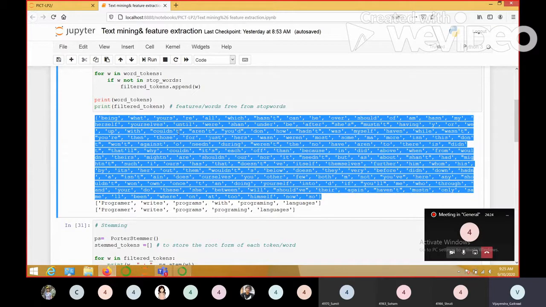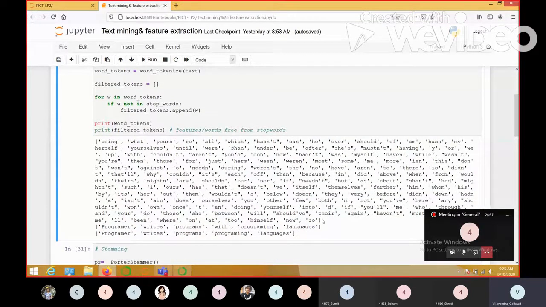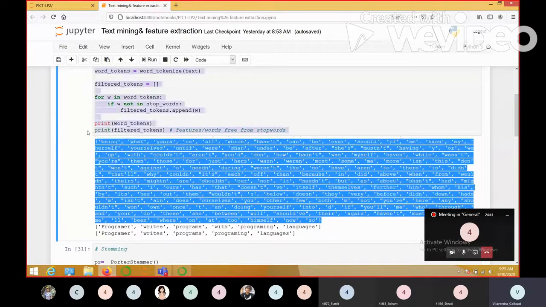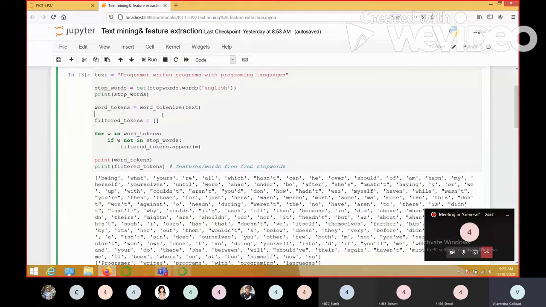You can create your own library in which you can specify your own stop words for the English language. So if any word occurring in our text belongs to this vector, we will delete that word from our text. We will eliminate that word. That is the motive of stop word elimination.